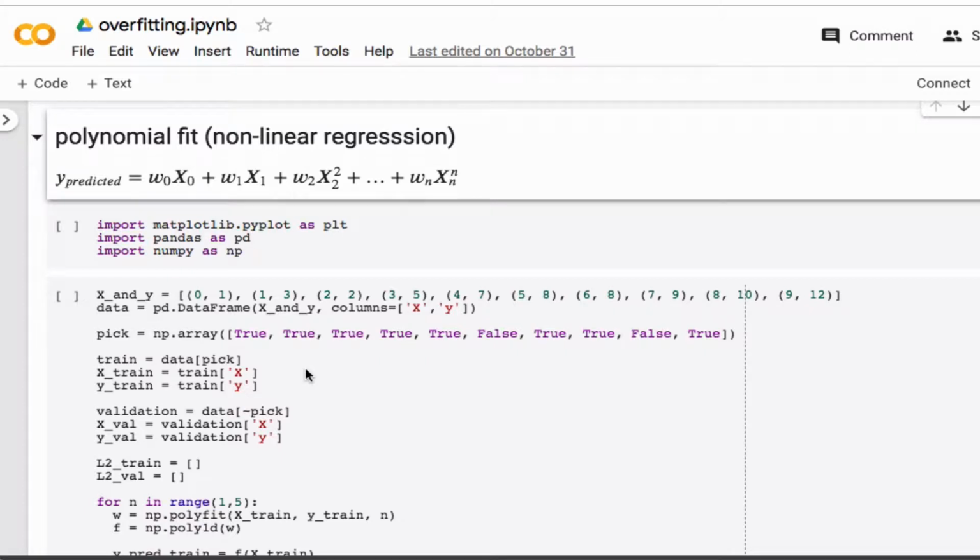In a previous video, I demonstrated overfitting using a nonlinear regression or a polynomial fit and showed that as you include more and more terms, you overfit this data set here. And so in this video, I want to do the same thing but using a neural net. So I'm going to take this data here